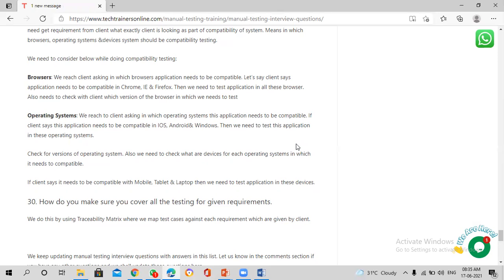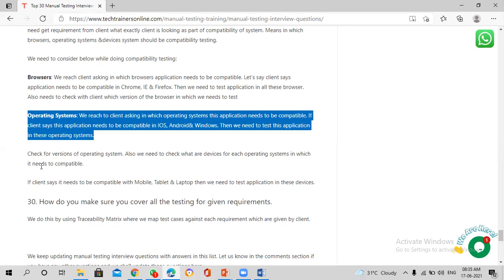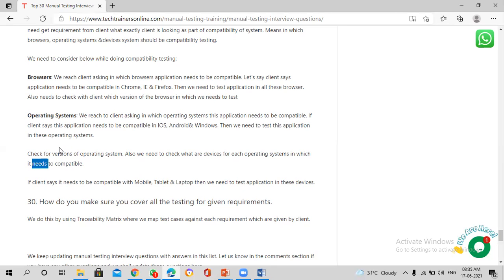If client says different operating systems, then you need to check versions first and then check which devices. If client says it needs to be compatible with mobile, tablet and laptop, then we need to test the application in these devices. Okay.